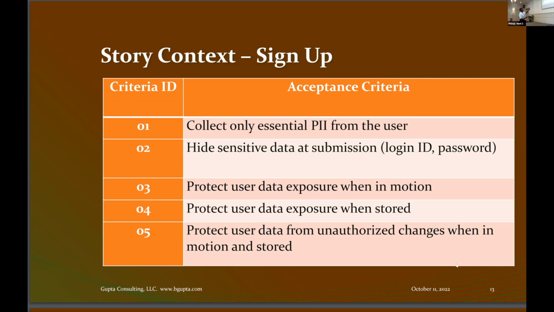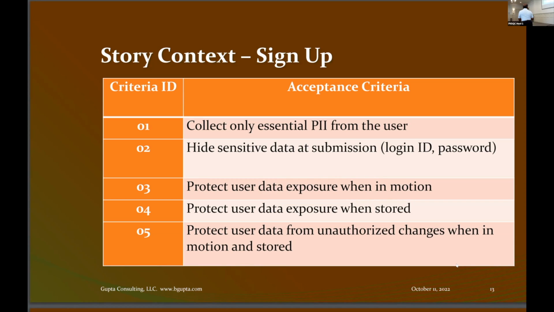There is some acceptance criteria that the story should meet. The first one is to only collect essential PII information. Don't ask me to put everything. If you don't need my social security number, I shouldn't be giving it to you if it's not usable.